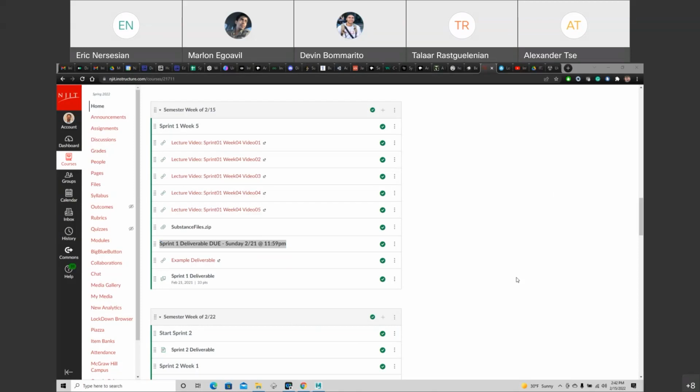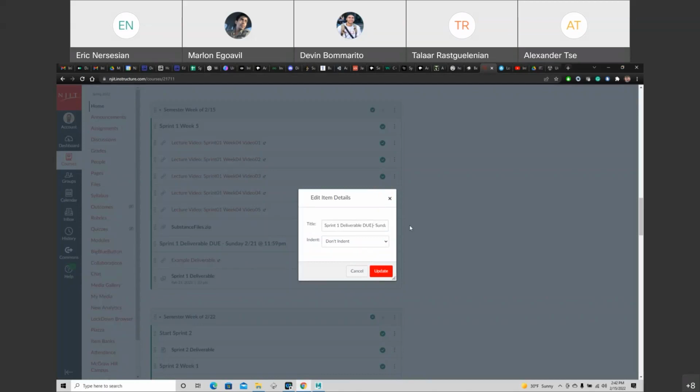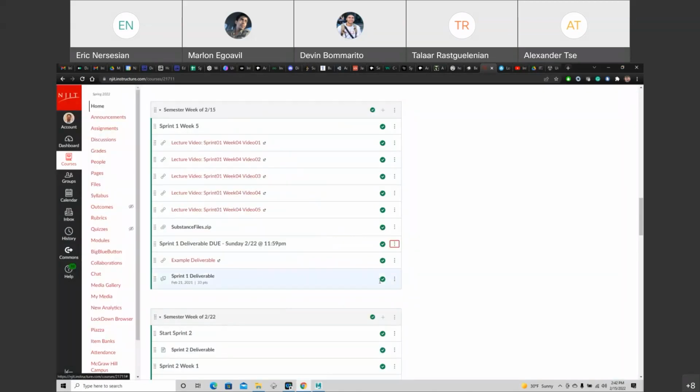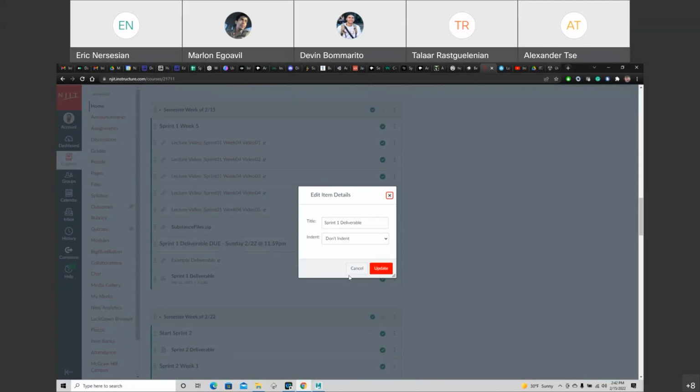Oh, okay, I was thinking of last year's, I updated dates. I'll just edit Sprint 1 for now, and I'll do the other sprints after.